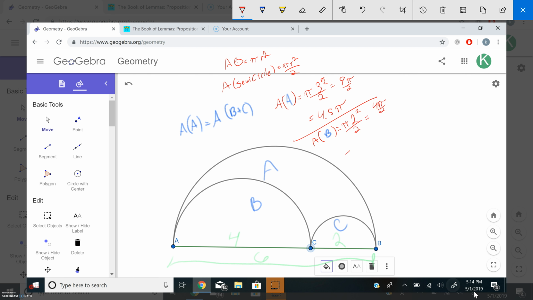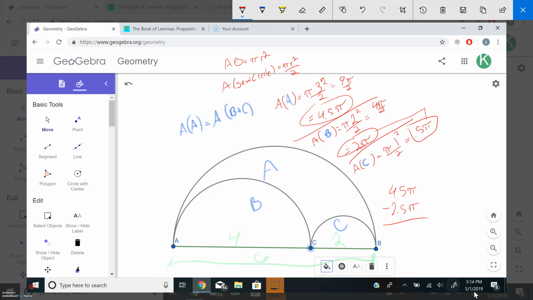So that is the area of our three semicircles. So we do the area of the large one, 4.5 pi, minus these two combined, which is 2.5 pi, and we are left with 2 pi as the area for this region, which is the